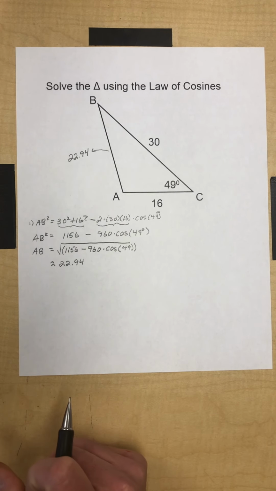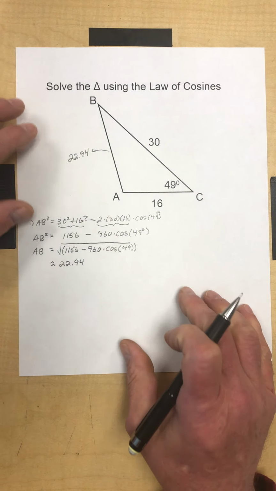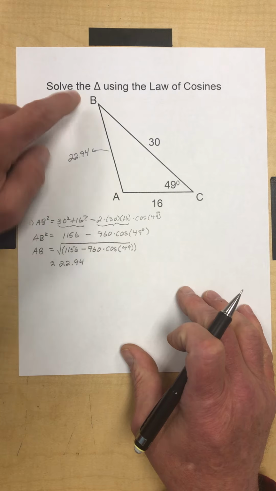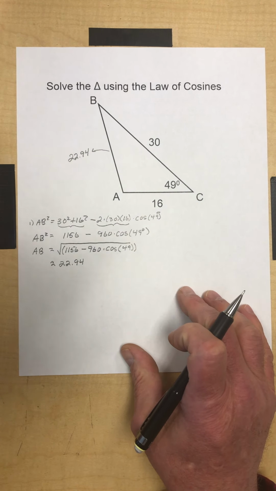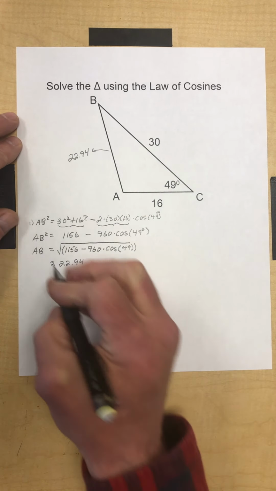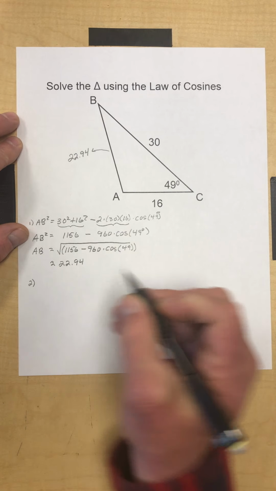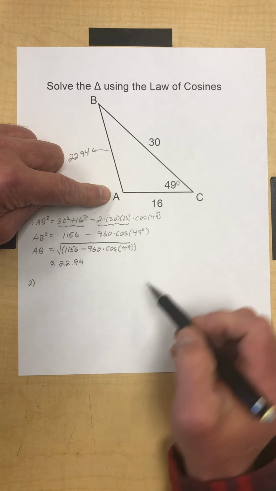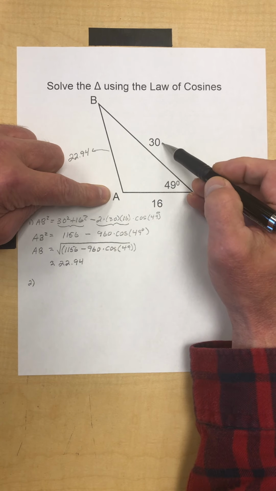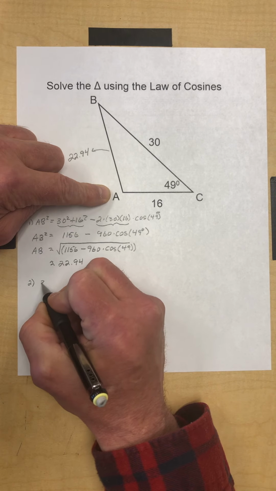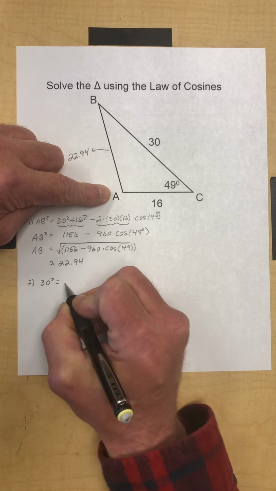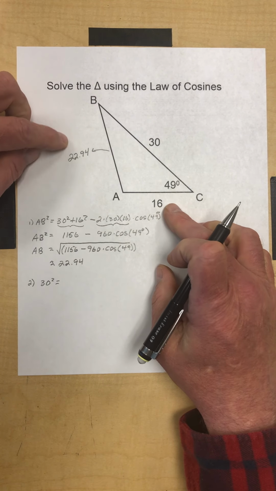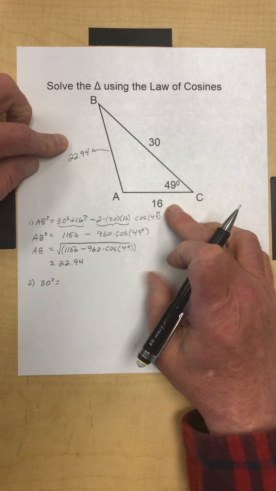Now we have to go after the two angles. It's not going to matter which one you do first, angle A or angle B. It's not going to make any difference. I'm going to go after angle A. If I'm going to go after angle A, and I'm going to follow this pattern, I have to start with the side opposite that. So that would be 30 squared. So we get 30 squared equals the sum of the squares of the other two sides. So that'd be 16 squared